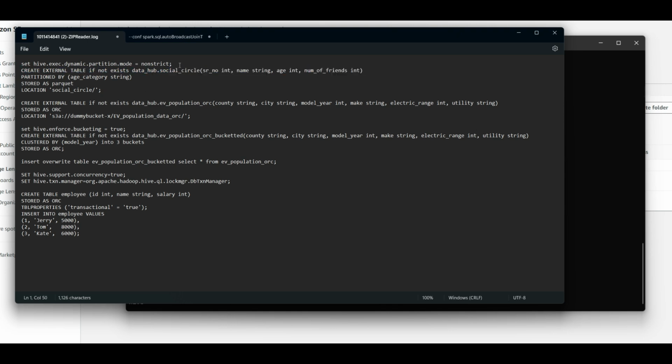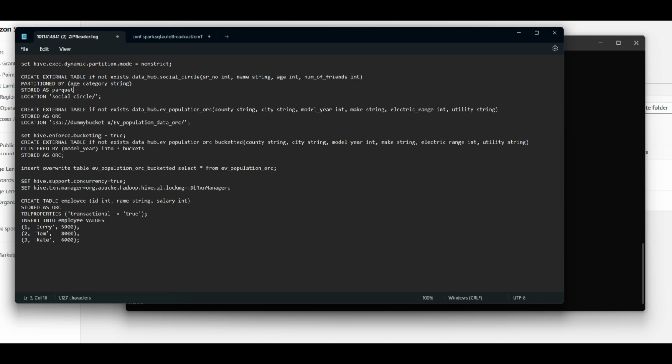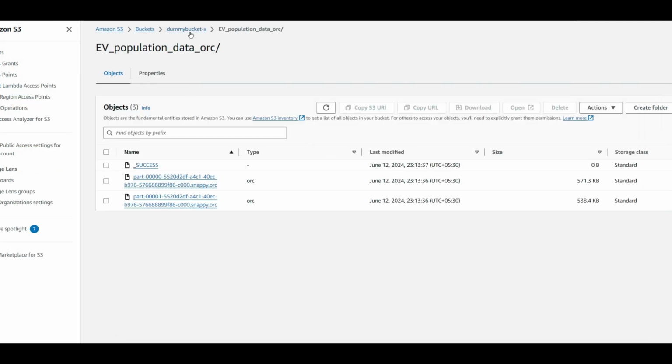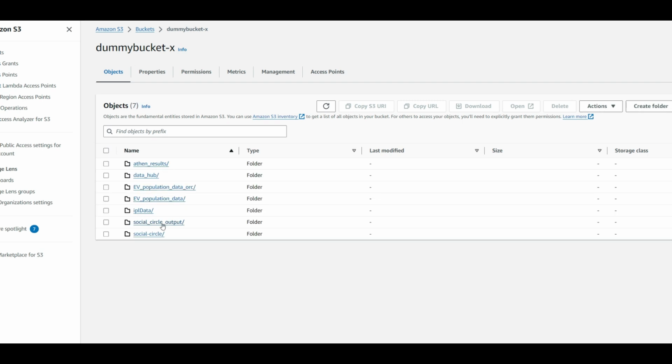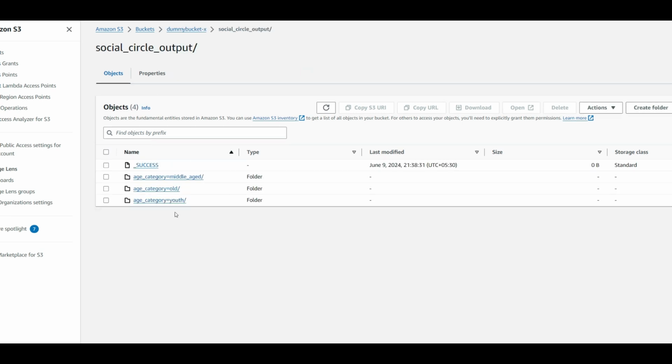Again, let me focus on this piece of code. So this create table statement, again, the same thing. I'm just defining the fields over here. There are 4 fields. Then I'm partitioning it by the another field, that is age category. So one thing you have to remember, whatever field I'm using as the partition column, I cannot use the same column over here. Okay, because of the fact that if you remember in the Hadoop cluster what I just showed you, let me go into the S3 again, is the same folder. So inside the social circle output, over here social circle output, in Hadoop I just kept it only social circle. So these folders, age category, middle aged,